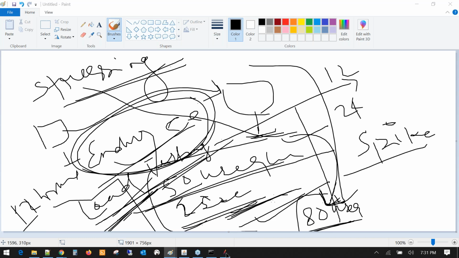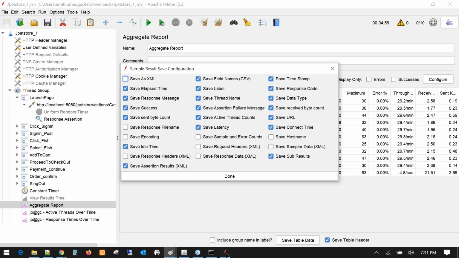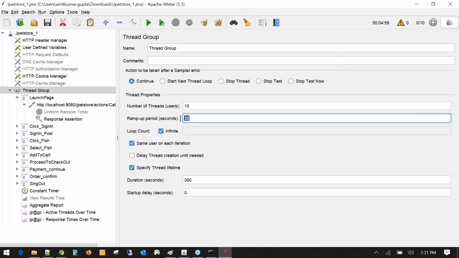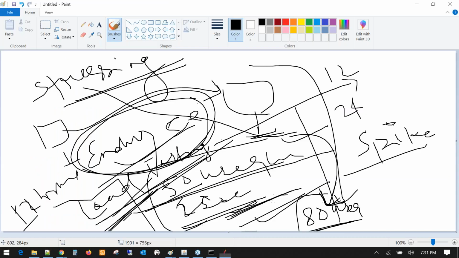Okay, here we have a concept of ramp up. If you get here, you have a ramp up of 30 seconds. So I have a 10 user load, but these users are not suddenly hitting my website, but are allowed to get into the website in 30-second time. But under spike testing, a sudden lot of users hit the website in a very short period of time, which generates spikes. So that kind of testing we refer to as spike testing, and spike testing is important for those kinds of